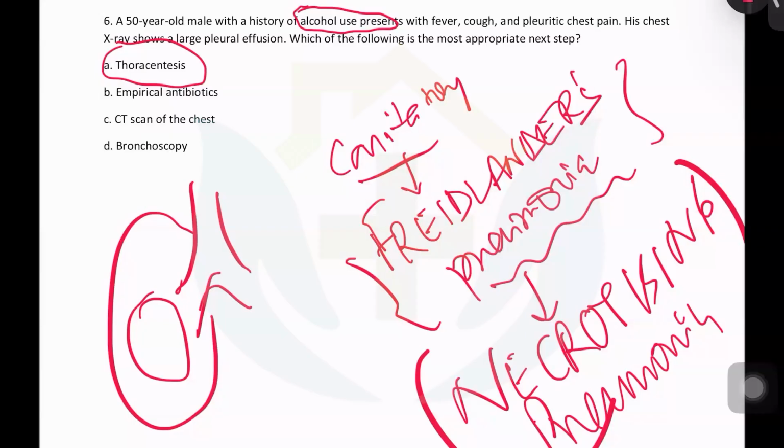With the amount of information provided, you can safely go for thoracocentesis. I was only telling you about the cavitary nature of this pneumonia because it is one of the differentials. You are right. It is one of the differentials that you need to know, that the alcoholic patients can have this. So if in the question stem it is given that patient has a large pleural effusion, now the working diagnosis is empyema. The best treatment is to put a thoracocentesis.